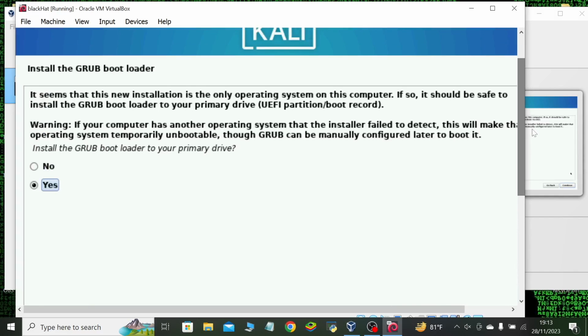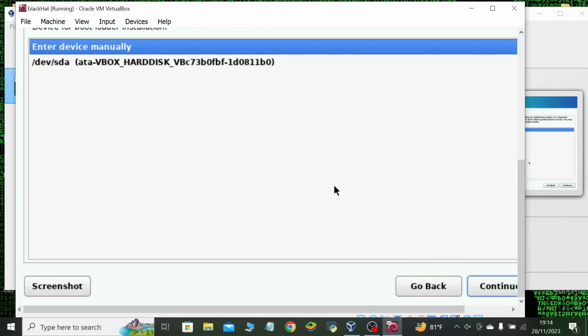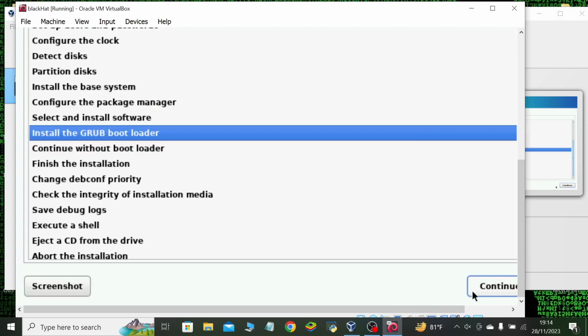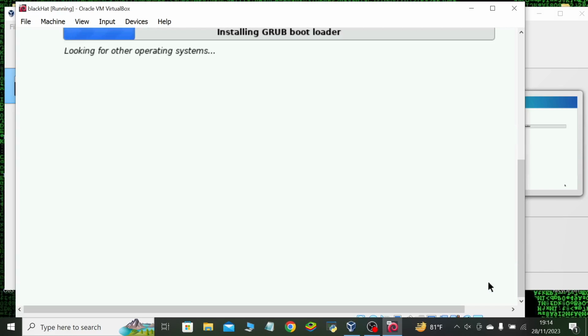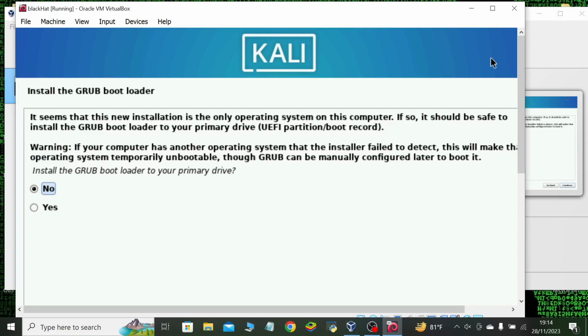What I have to do here, only computer website should be total yes. Okay, no, then you have to do continue, go back and continue. Install the GRUB bootloader. What you have to do here,